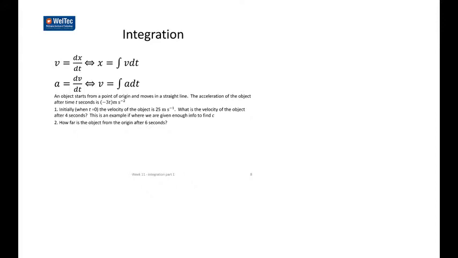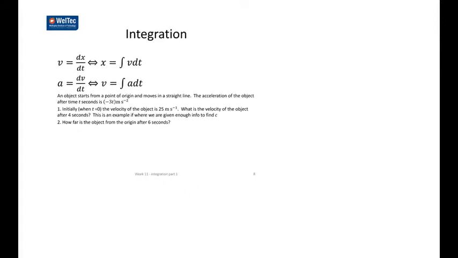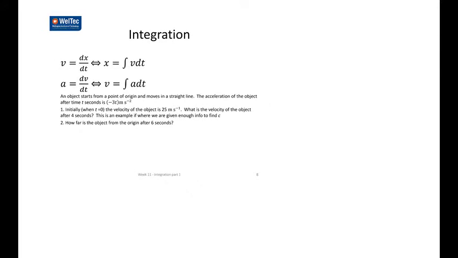Now we're going to use integration in dynamics, just as we use differentiation in dynamics. The first question says find the velocity. Now the velocity is the integral of the acceleration. If you look in the question, it's given you the acceleration. It's telling you that the acceleration is negative 3 meters per second squared, so the velocity is the integral of negative 3t